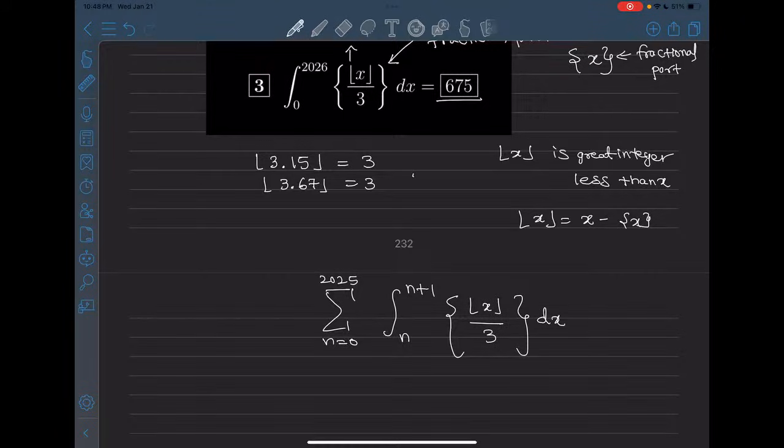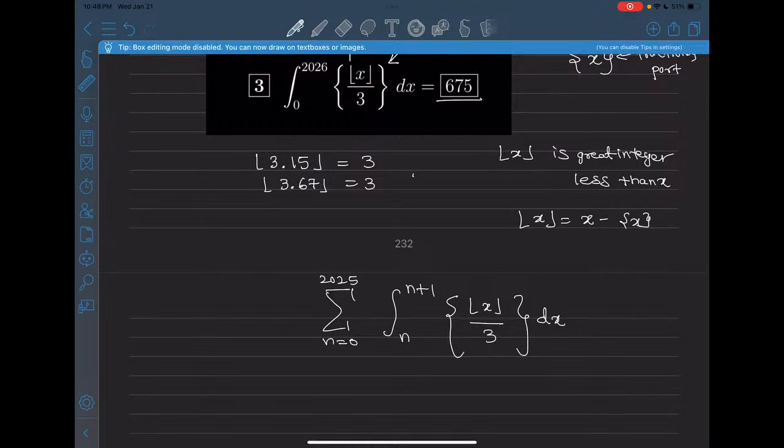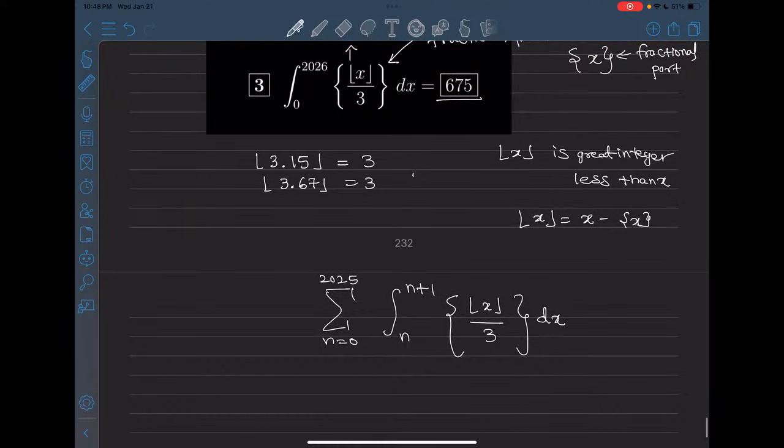So what I did was I wrote the entire integral as a sum of multiple integrals, integral from 0 to 1 plus integral from 1 to 2 plus integral from 2 to 3 plus integral from 3 to 4 of 2026. And the reason I wrote it like this is that